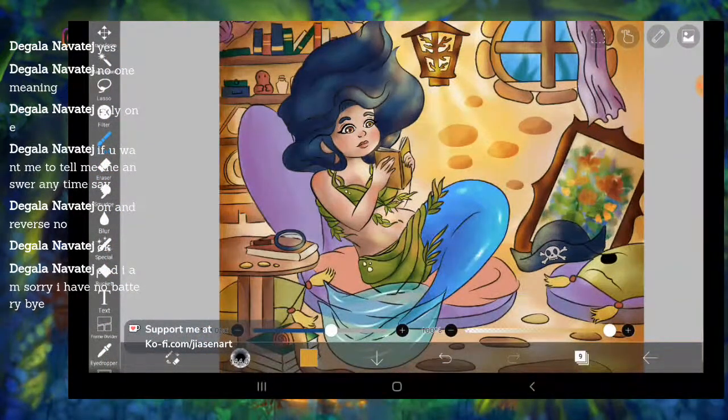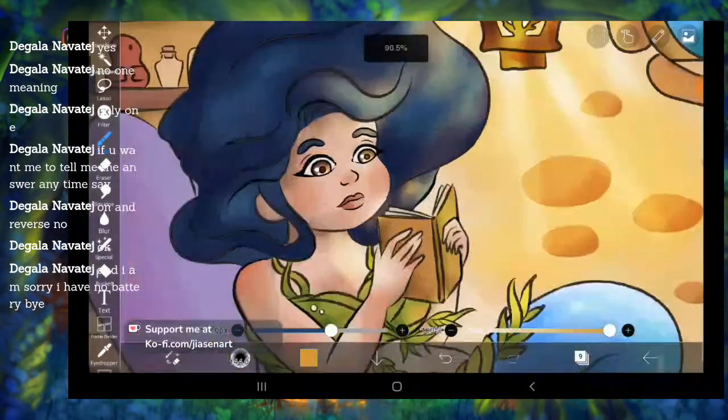So a lot of factors are there. It's almost done, I think. And I think I forgot the background,